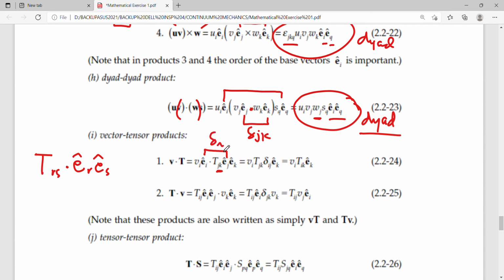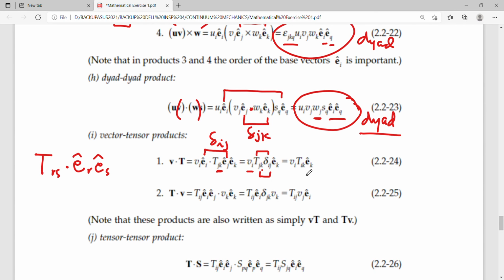Therefore, this becomes a delta ij, and this delta ij will contract with what? With the v_i there. It's near the v_i, or you can place it on the t_jk here if you want. But here it was placed on the t_jk, so that this is t_ik now. So v_i was retained, and this is now the contraction on j, so this is now a t_ki. A t_ki and a t_ik